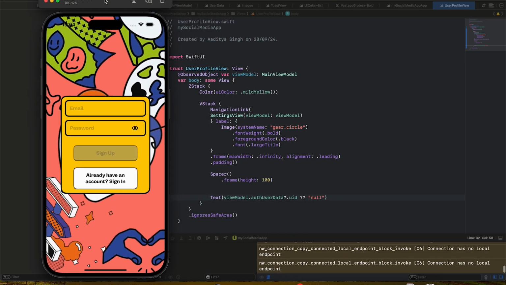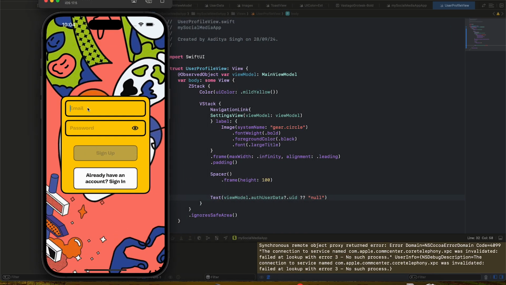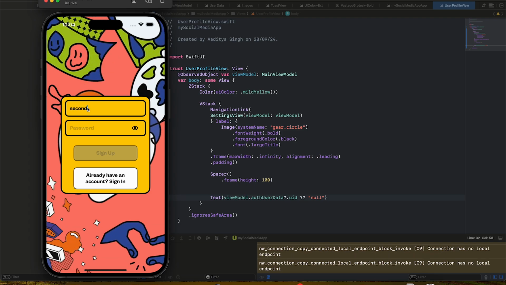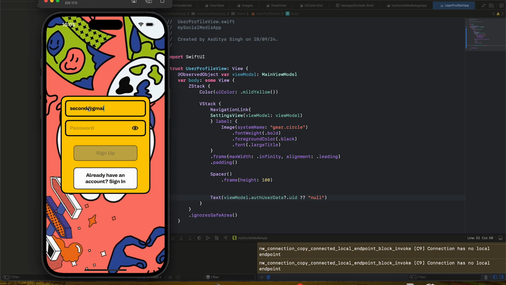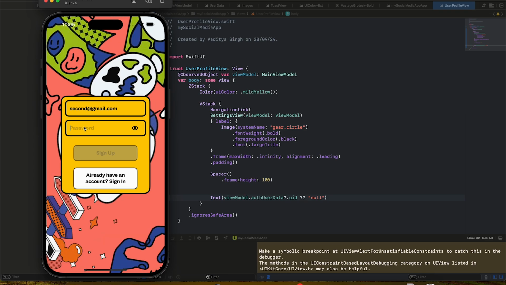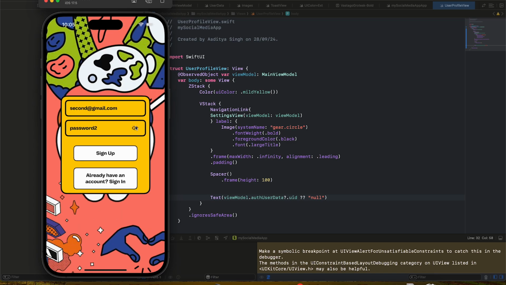Yeah. So we are on the sign up page itself. So let's just name this second user second at gmail.com. Then we give it a password. So it should be password 2, and when we do sign up,